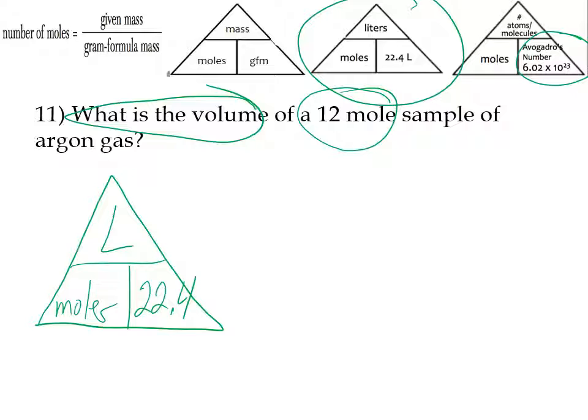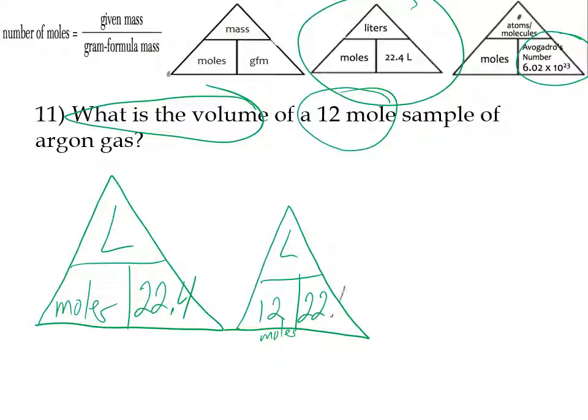So I'm going to go ahead and rewrite this right here. We don't know how many liters we have. We know it's 12 moles at the bottom here. And we know it's 22.4 liters per mole. So I'm going to multiply across. I could cross out the guy up top and multiply across, 12 times 22.4 is going to come out to